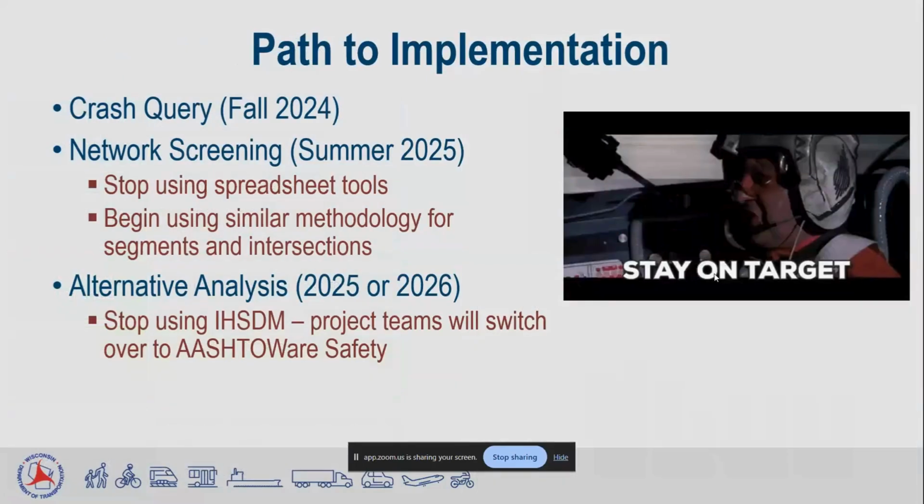I mentioned a lot about where we're at with implementing AASHTOWare Safety. We're going through it right now. It's been a very good learning process. The training that we're getting is crucial. And that next step of making sure that we're getting network screening rolled out smoothly and then into alternative analysis, so far it's been very, very good for us, a great experience, and we want to continue along that